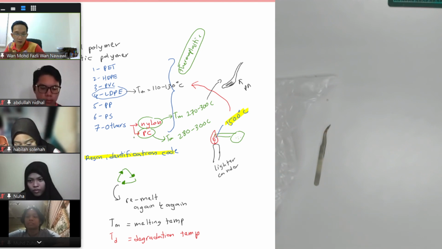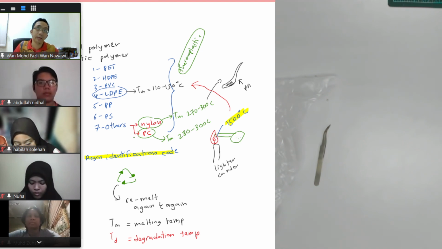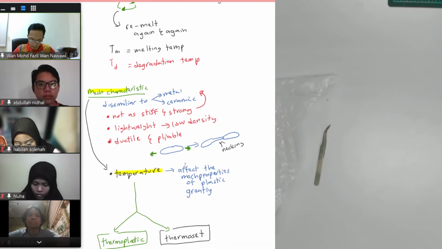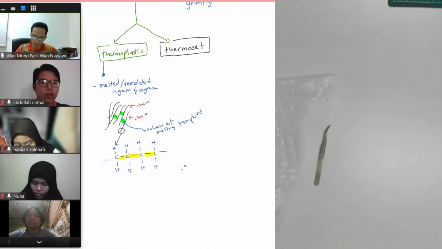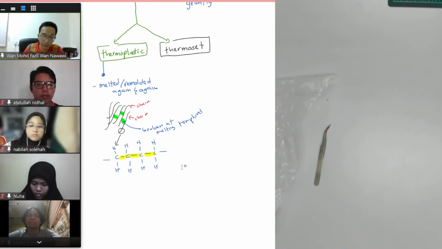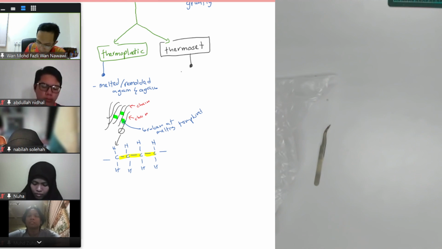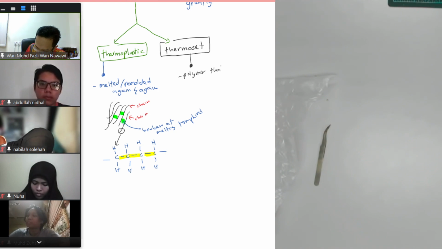For example, the tire, the rubber. Let's talk about Thermoset first. Before I give the example, let's give the definition of Thermoset first. What is the definition of Thermoset? Thermoset is basically a polymer that forms